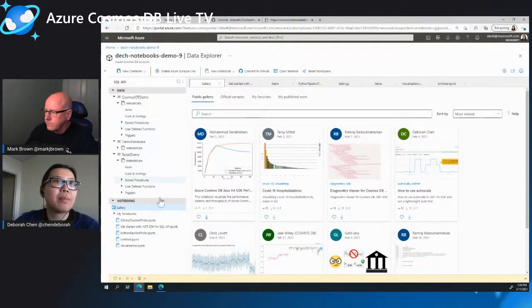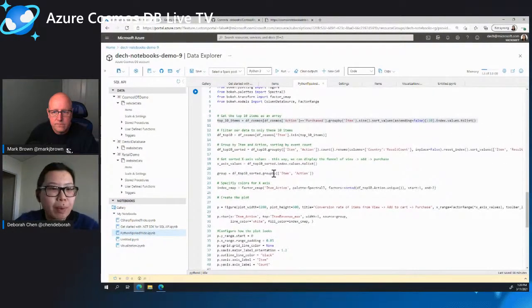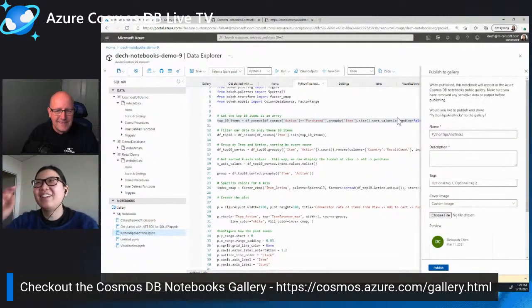So let's say I'll take my Python tips and tricks notebook here. Let's say I want to publish it and share it with everyone. From here, I can go under Save. Got this new Publish to Gallery feature. This is, by the way, the new feature that we announced at Ignite just a week ago. I'm losing all sense of time here. But from here,